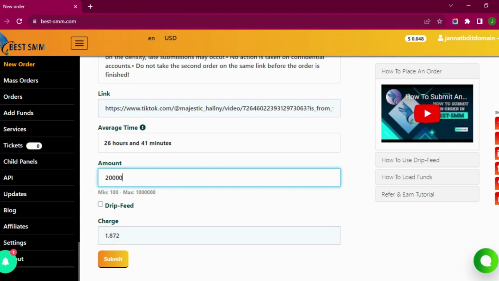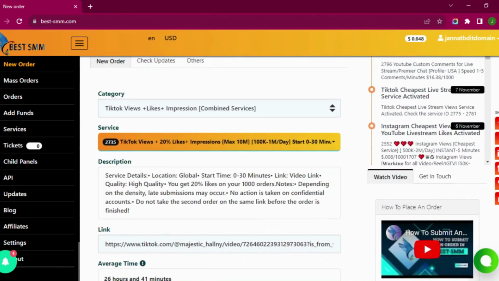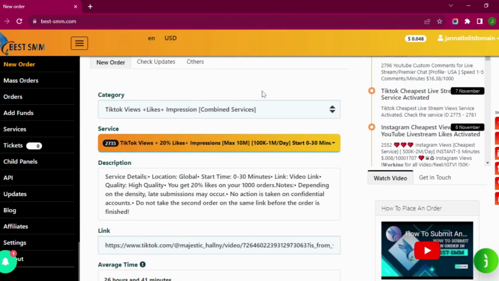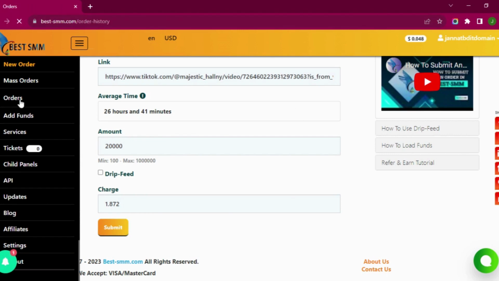So this is how you can go with your amount, and you can go with these services as well for TikTok. And this is how you can buy TikTok services from this SMM panel. After adding your amount and link over there, they will add the charge, and then you need to go to the submit section, and on clicking submit, they will redirect you to this order section,